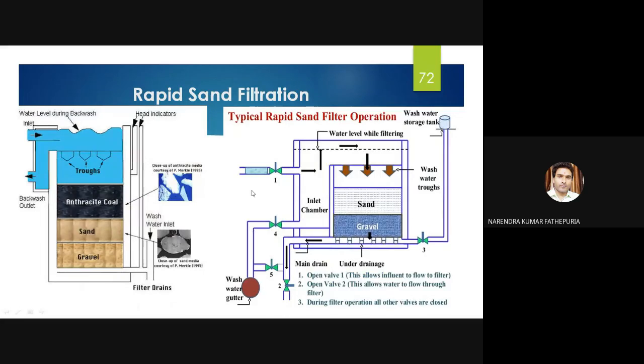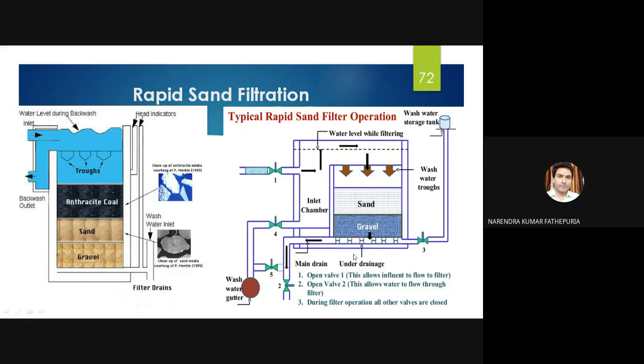You see how this process is happening. This is the fresh water. It will be coming out through the trough. It will be passing through the sand bed and gravel bed, from the inlet chamber. And then finally it will go to the gravel bed media, and then finally water will go for the disinfection purpose, and for cleaning purpose there's a backwashing storage tank,